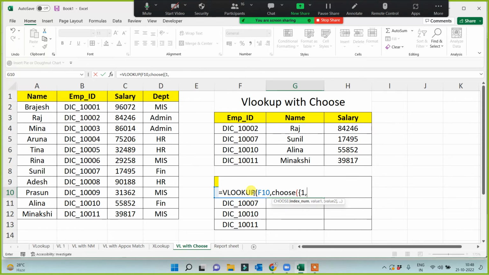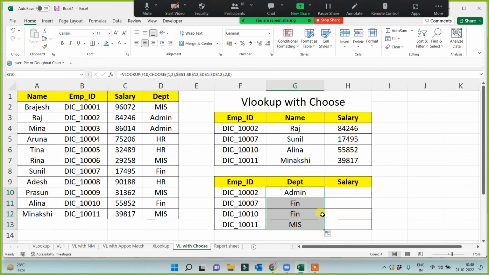So there is a 1 comma 2. 1 represents employee ID, 2 represents you are looking for. So 1 is always employee ID, which is already given. So employee ID is given. So this is first, and second you are looking for. So this time you are looking for department. So this is the second. Close, and you are looking for second comma 0. So you will get